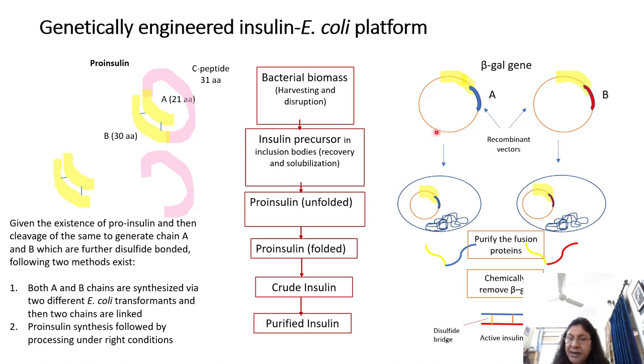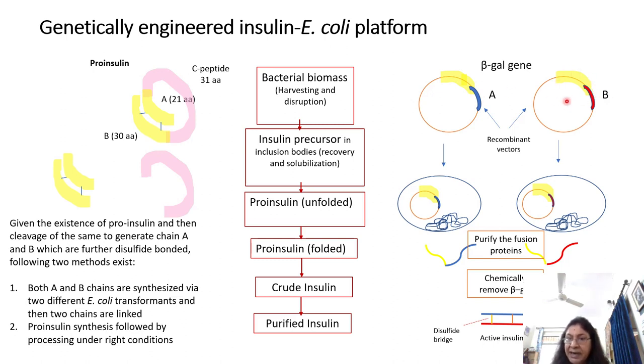So you have a recombinant vector like you see here. This is your chain A of insulin, which is preceded by beta-gal. All right, and then there is a leader sequence also here, as a result of which the fusion protein is going to be excreted out into the cellular medium. It doesn't stay inside the E. coli, but it comes out in the extracellular medium. Similarly, you have another plasmid vector like you see here, which codes for chain B. Obviously it is a synthetic DNA fragment, which contains a nucleotide sequence which, when the triplets are decoded, will translate into a sequence of amino acids in chain B. It is also constructed as a fusion protein.